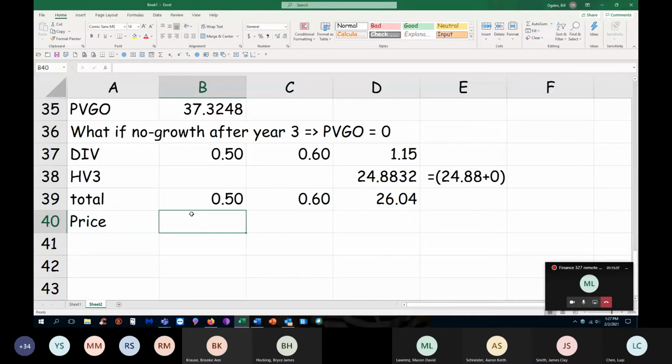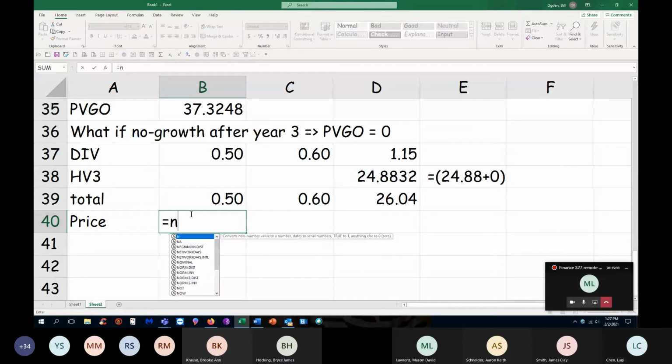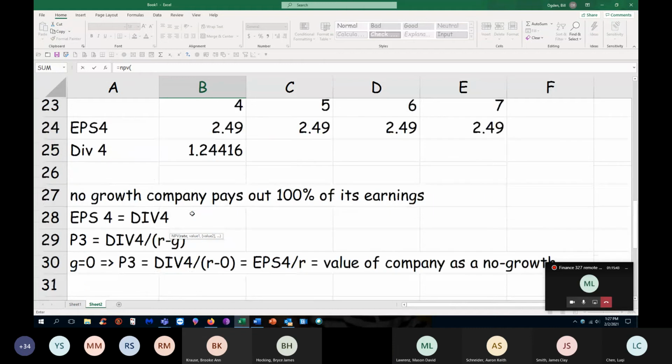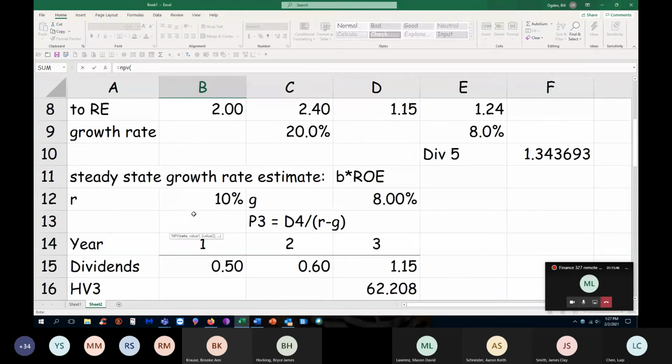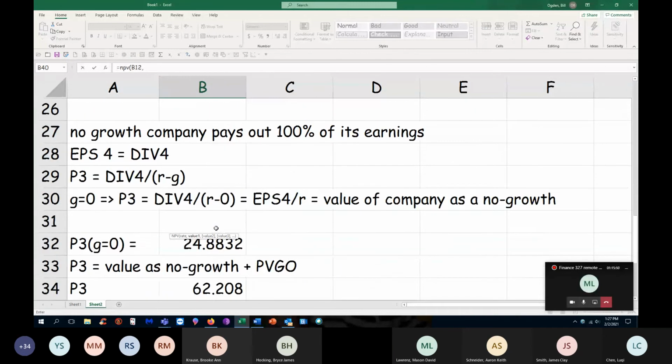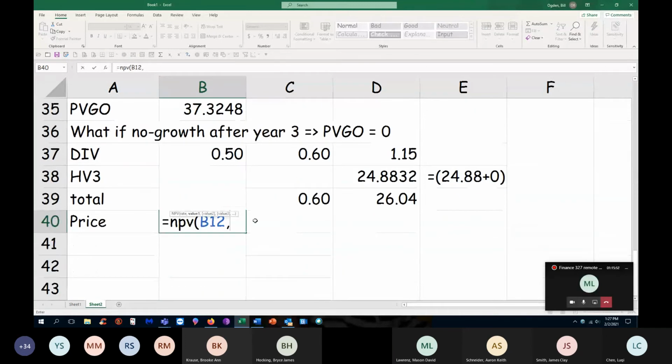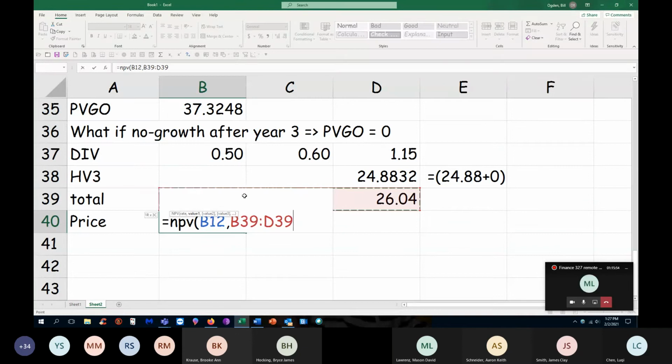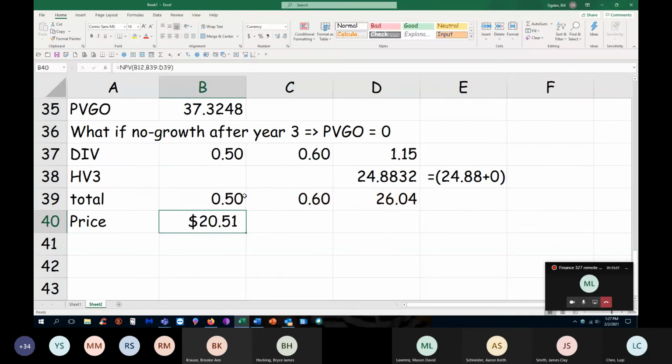Will be the present value, so we'll do our favorite NPV again, and we'll use the 10% rate. If you want to enter 10%, that wouldn't be the worst thing the world's ever seen. And then we'll highlight the cash flows, and we get $20.51. Okay, so our first estimate of P0